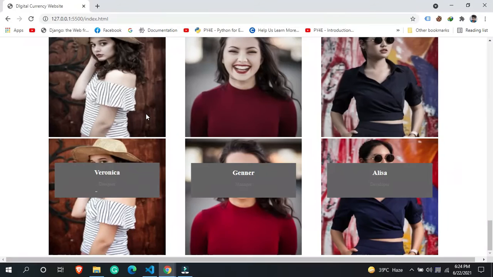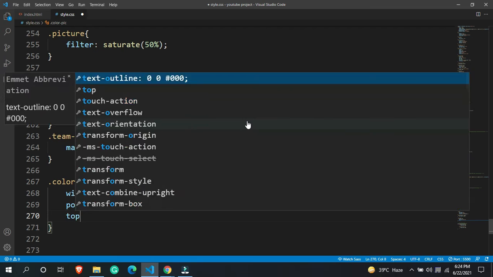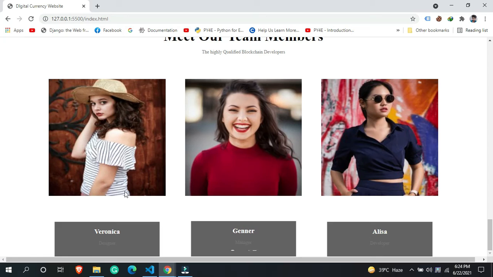We need to hide this pic, we need to overlap all these pics. So we need to overlap this black and white pic over the colored pic. Let's say top must be 0, color pic top must be 0. So color pic is behind it, I mean the black and white pic is over it,